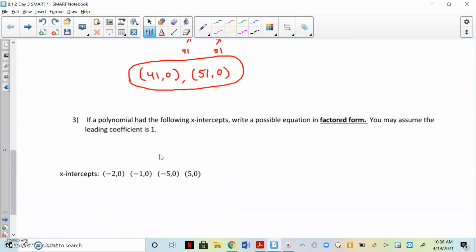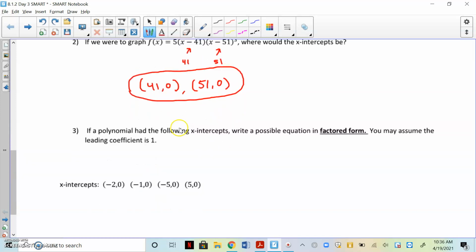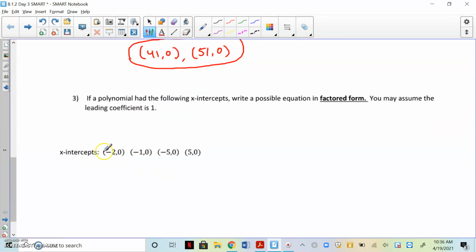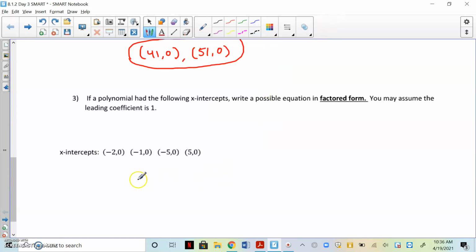Number 3, if a polynomial had the following x-intercepts, write a possible equation in factored form. So this is kind of a backwards version of the previous problem. Instead of asking for the x-intercepts, we want the equation. So you take all these numbers and make an opposite kind of factor for each. So let's switch colors. So we can say f of x